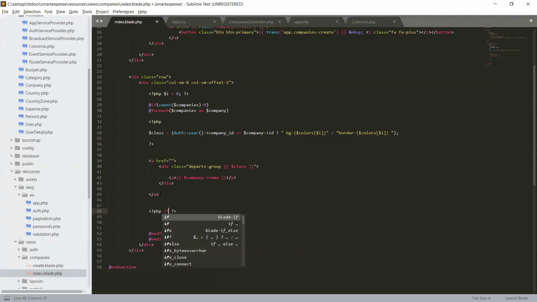So if I is equal to count, and count the colors. So it will count the colors, and when it counts, give a -1.